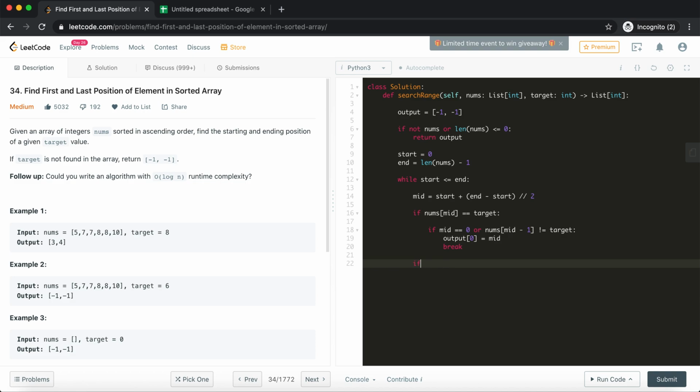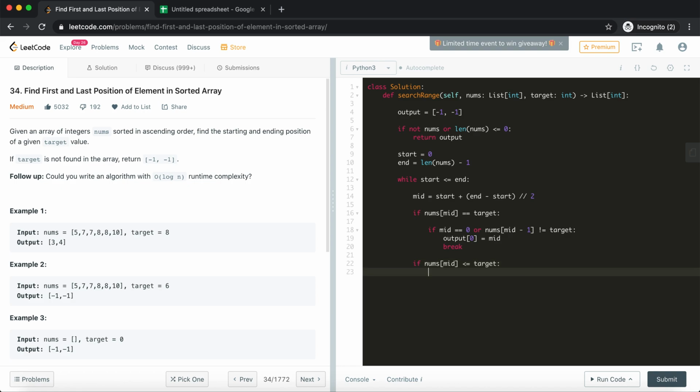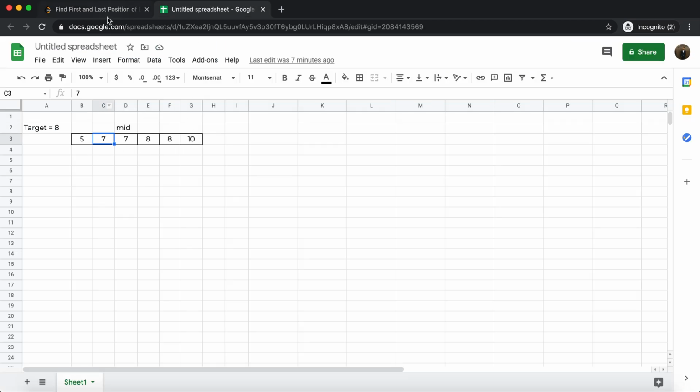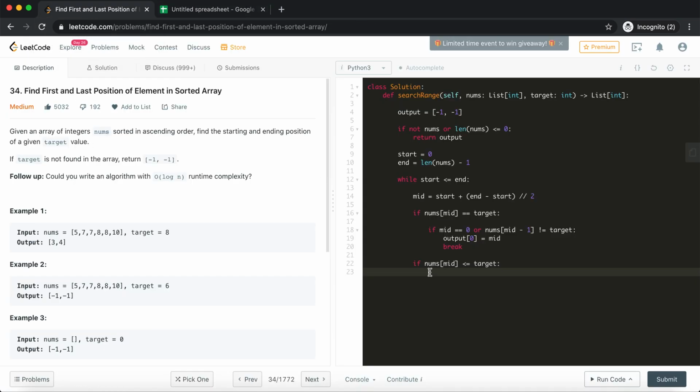Okay. Now if this check fails, then we need to continue the binary search, but before we continue, we need to reduce the search space by half. So for that we need to write two conditions. We'll say, if the number is less than or equal to target, for example, if the number at mid, let's say we've encountered 7, is less than or equal to target, we need to move rightwards. Okay.